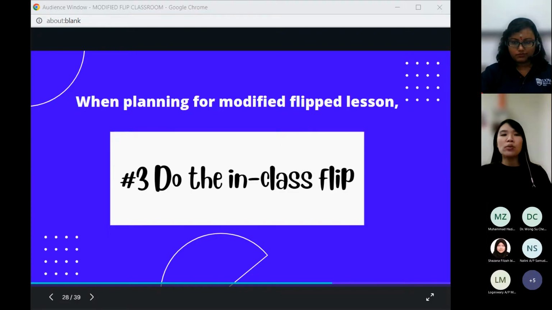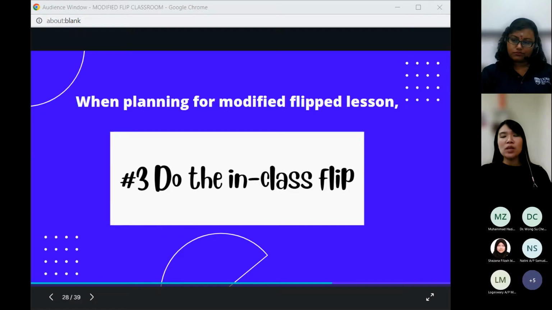At station two, probably they will have to apply their knowledge to create something. It can be some practice that you have created. Maybe they need to do a reading regarding the topic that you want to teach, and then they produce something, and then they move on to the next station where they play a game related to the knowledge that you want them to learn on that day.